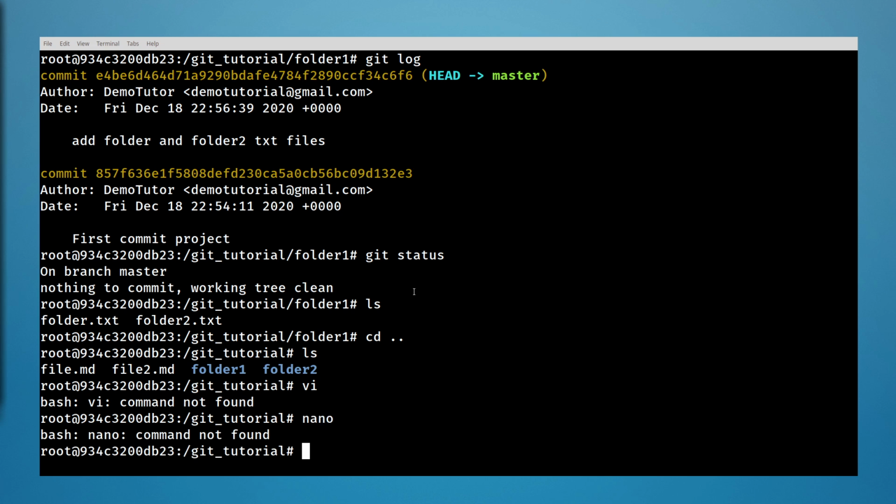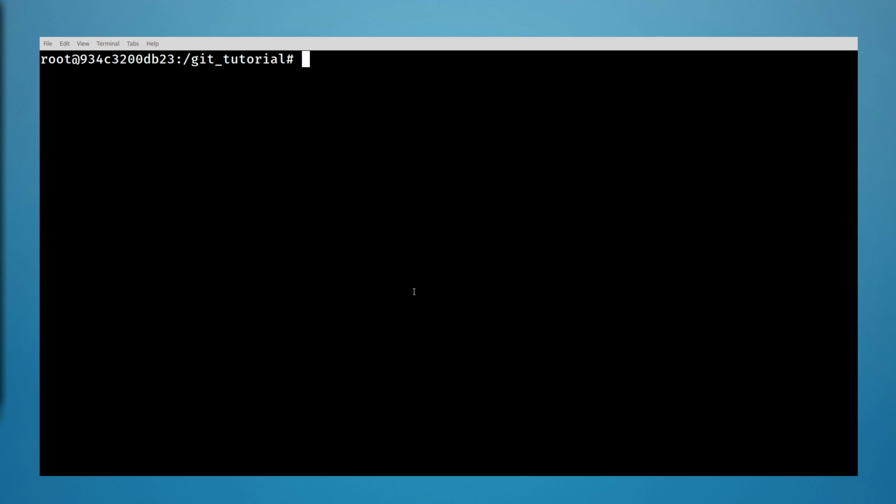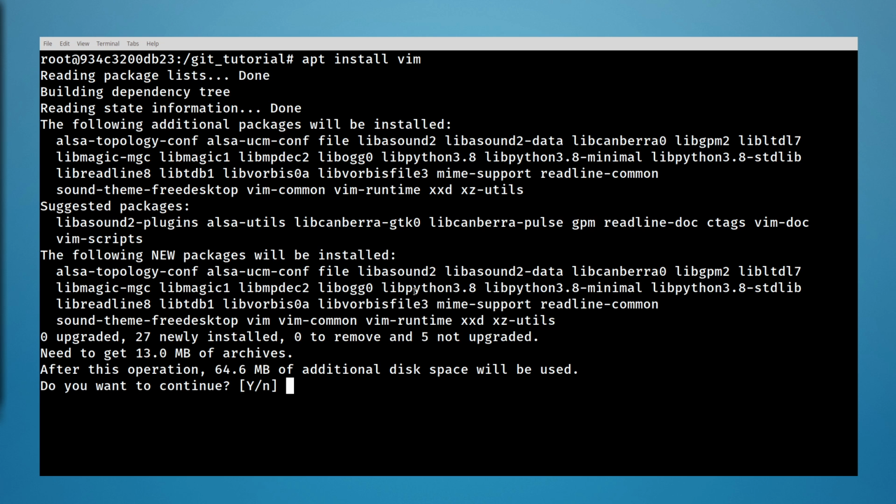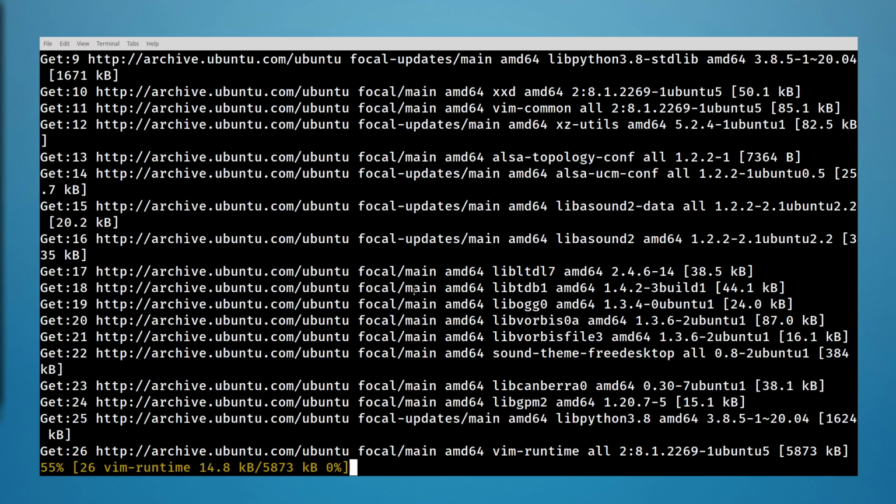Both of them are not installed here because we are starting with a fresh Ubuntu install. So let's add Vim, which is a text editor. So we just add Vim